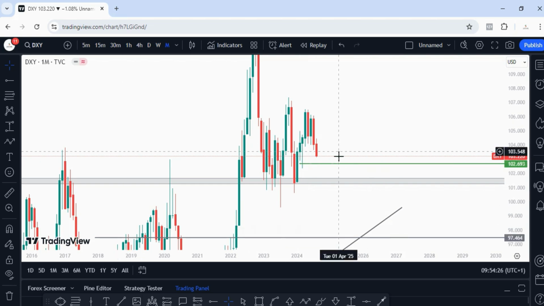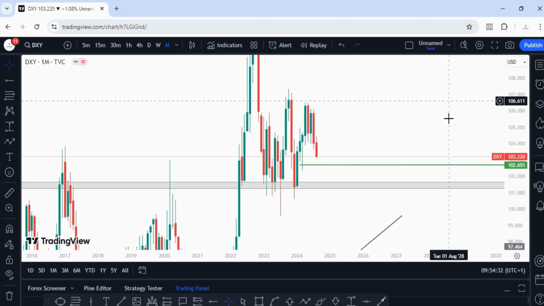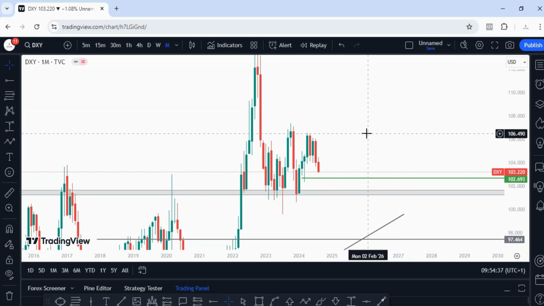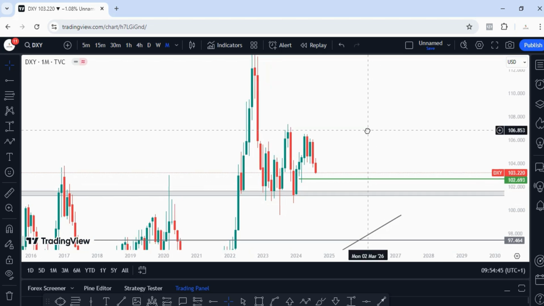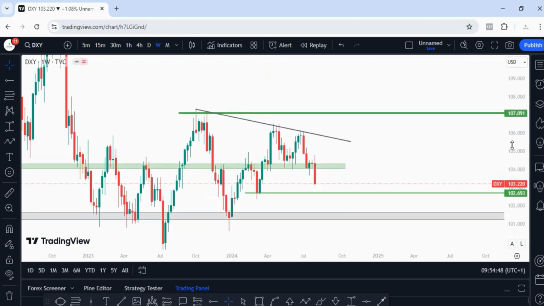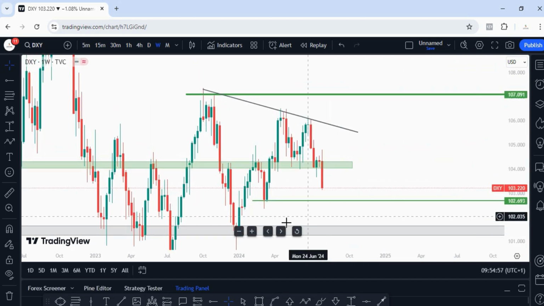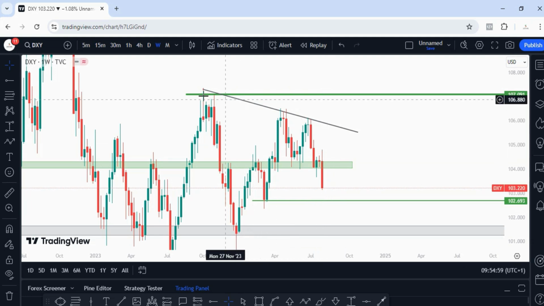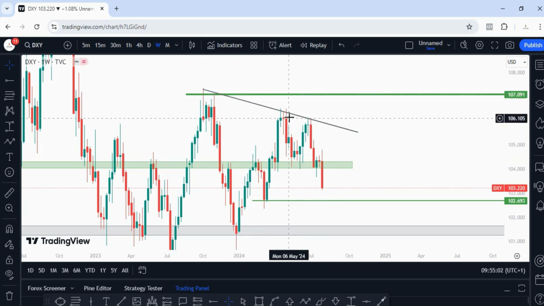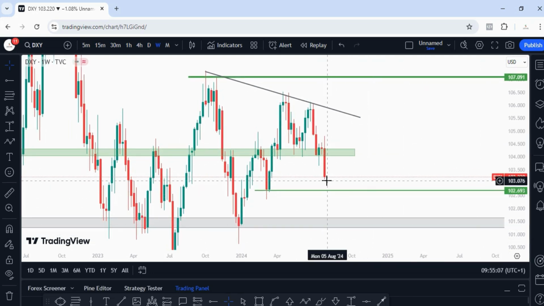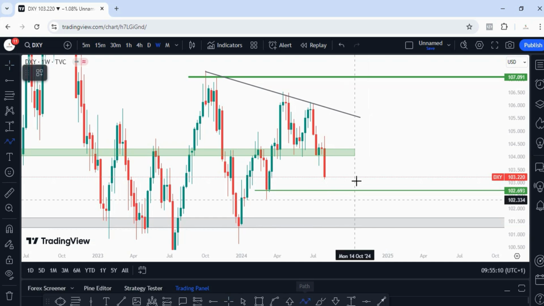So I'm not even going to be surprised if we are bullish this month, because price has been acting wild on dollar, on DXY, for the past couple of years. I think since January last year, since around here, right? So now let's look at the weekly price action. Thanks to NFP, price blasted below this zone. If you've been following my weekly analysis, I've been waiting for this to happen. I've said we have lower highs, lower highs here, but we are yet to create a new lower low until last week. So now that we have a new lower low,